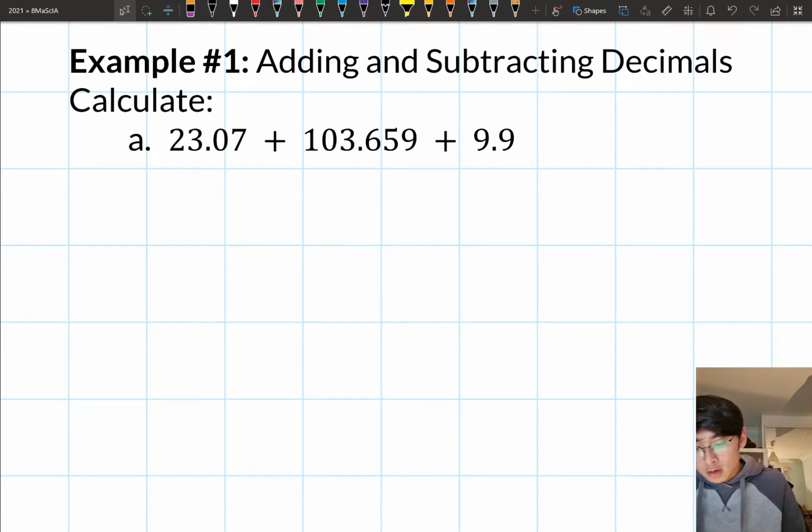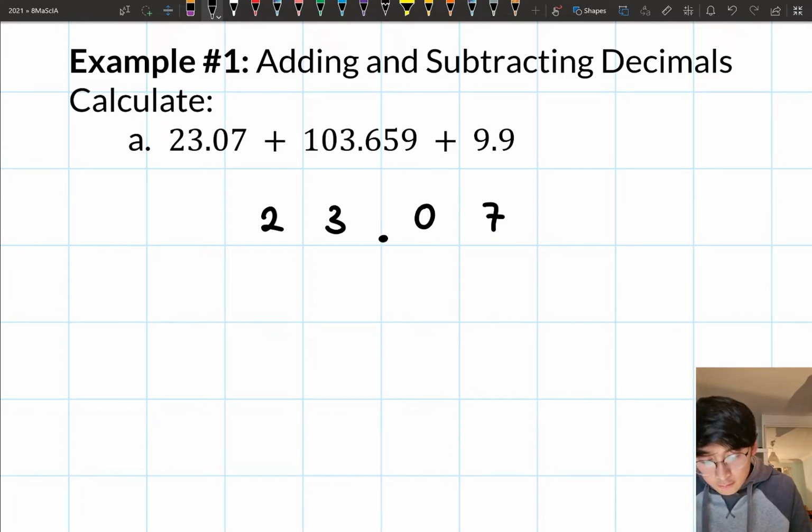So what I'm going to do is write all of my numbers here. I'm going to write 23.07. And then here we're going to align my decimal point. So I'm going to put the dots underneath like that. Then we're also going to make sure that we align all of our digits with the same place value. So the next number was